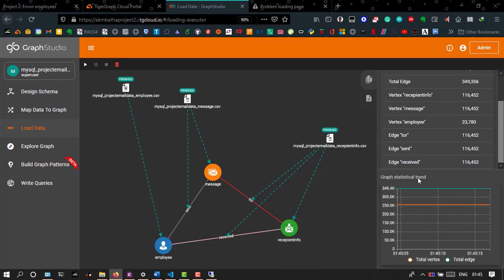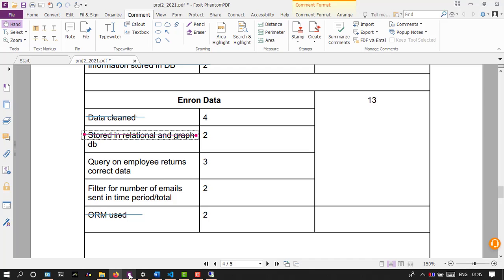Here I'm going to query on employee and it returns correct data. So regarding my data cleaning, I realized there's quite a number of names which have been appearing in the cleaning process, and in Excel when I was viewing this, one of the first people who appear in the list is Ellen. So I'm going to search Ellen, and propagate from there, and I see that the top five most people are actually